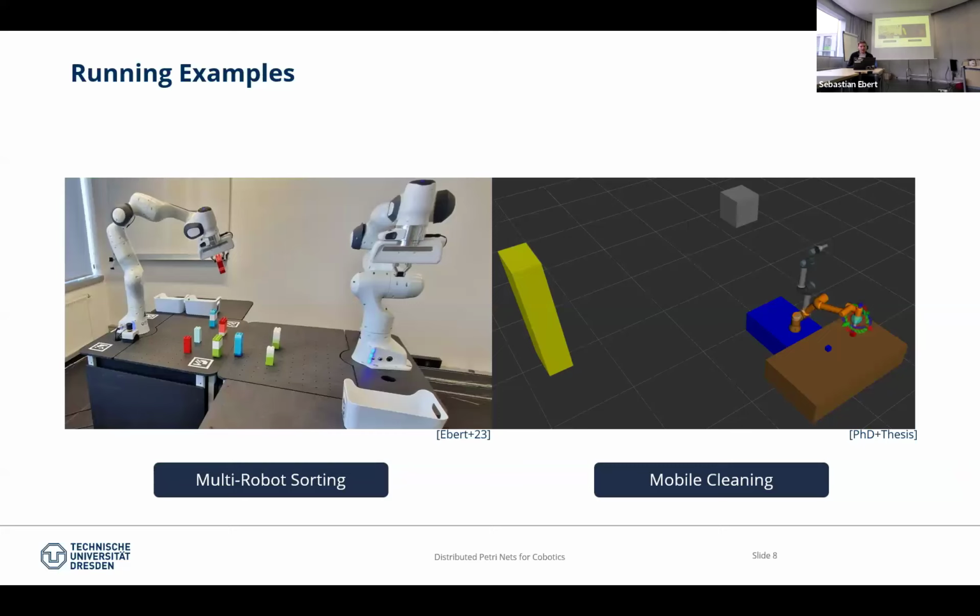So when a robot is entering the center zone with objects, it's not allowed to crash into the other robot and vice versa. That's the story of that. And the focus of our example there is mostly on verification of communication between the robots and the verification of workflows. Literally on the other side, we have the mobile cleaning,